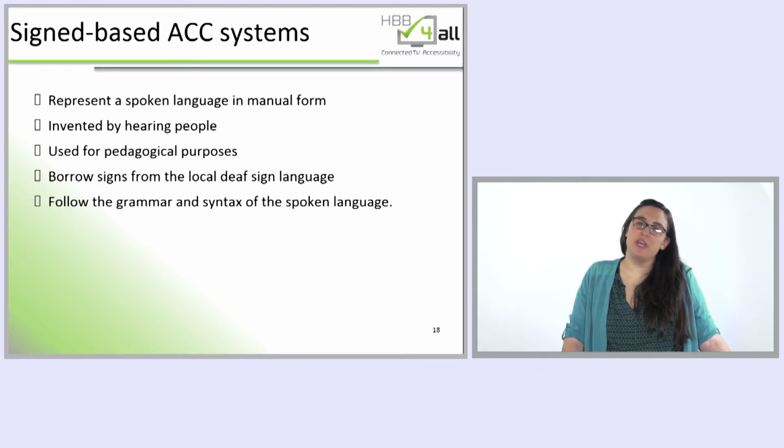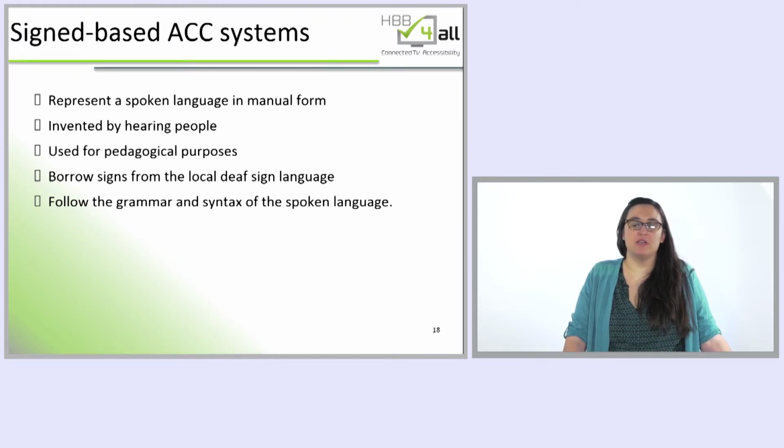Sign-based alternative communication systems are invented systems by hearing individuals, for example, hearing teachers for the deaf or speech therapists. And this contrasts with the natural origin of sign languages, which are not invented, but are developed within the deaf communities. These sign-based communication systems or code systems are used for pedagogical purposes, and they are barely used outside the classroom by deaf people. So it's just like a technique to access print, to learn speech, but they are not used in a natural